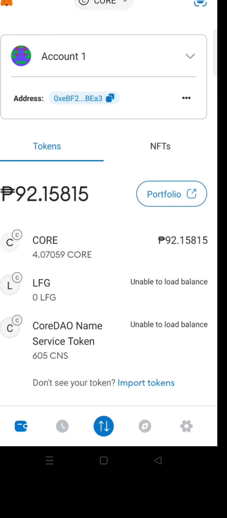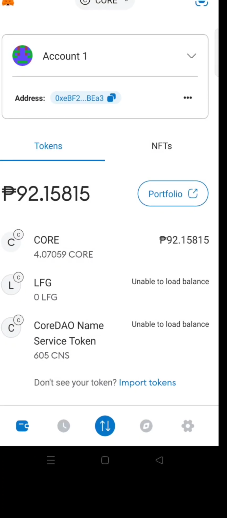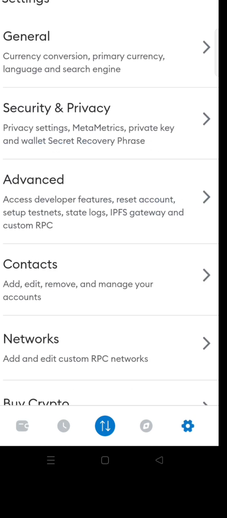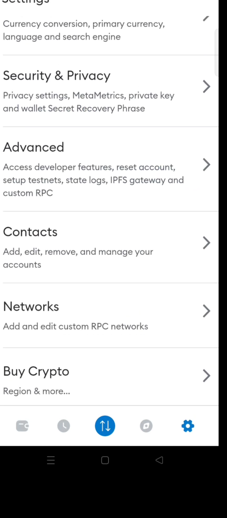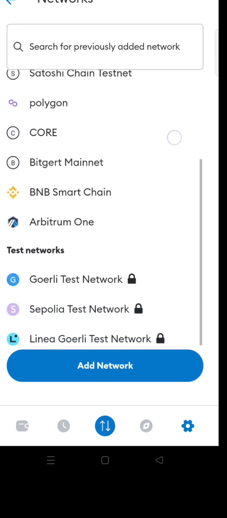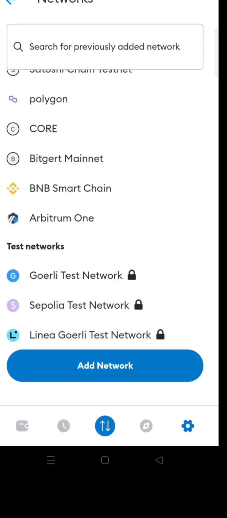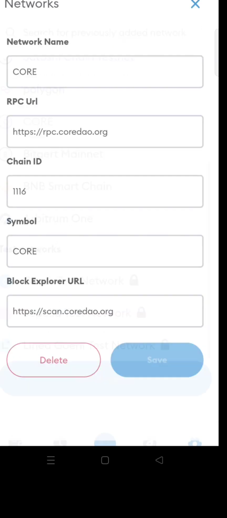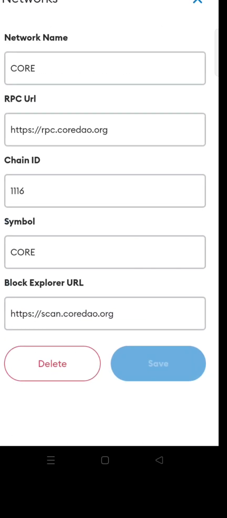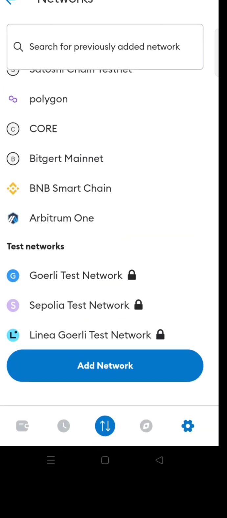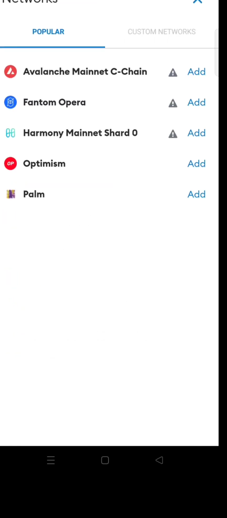If you have no Core listed, just copy this one, or try to click settings and click networks. Just find Core. If there is no Core, just copy this one, or just add network.